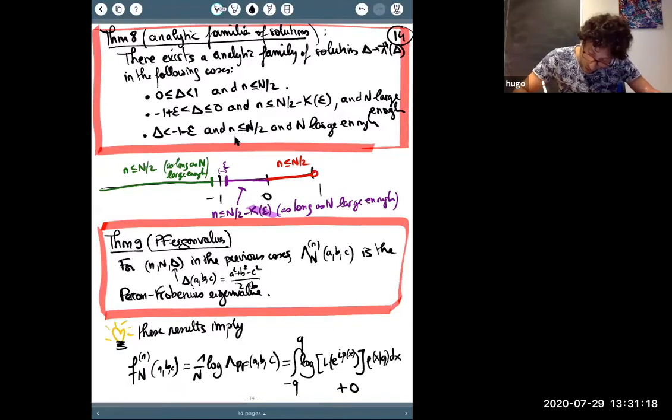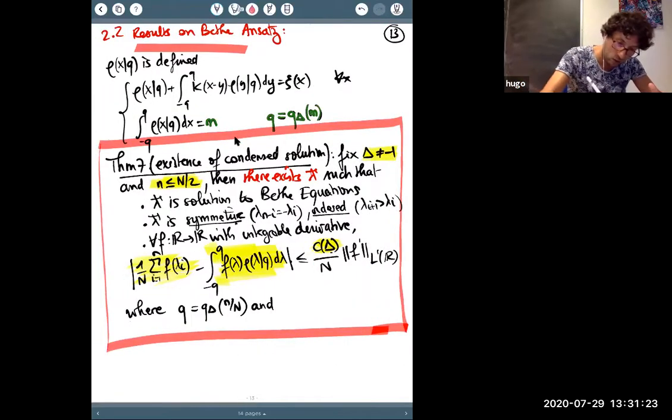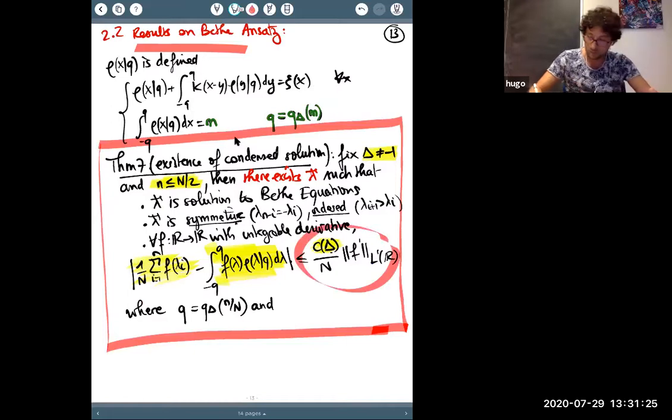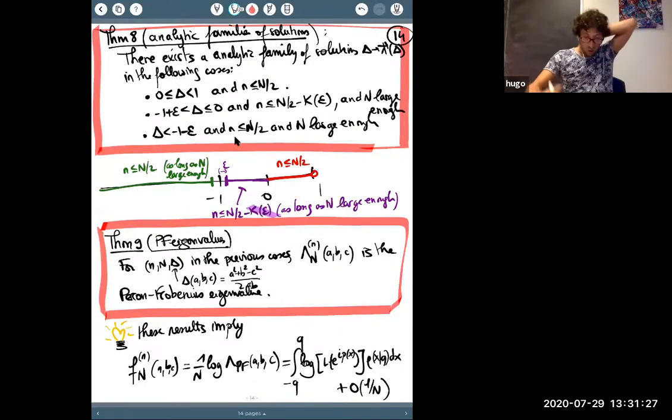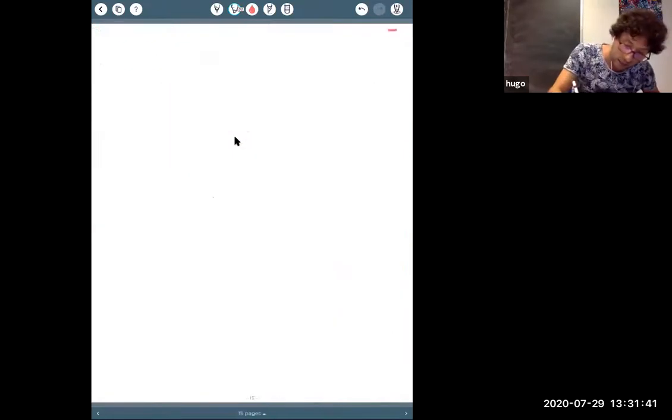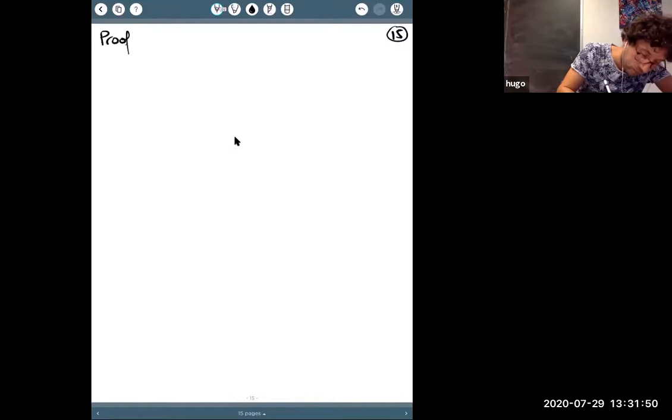And the error we are making is going to be of order 1 over n, because that's the error we are making here. So all these theorems together give you a very good approximation for f capital N n. Okay? By the way, I can already tell you kind of the proof of theorem 1,